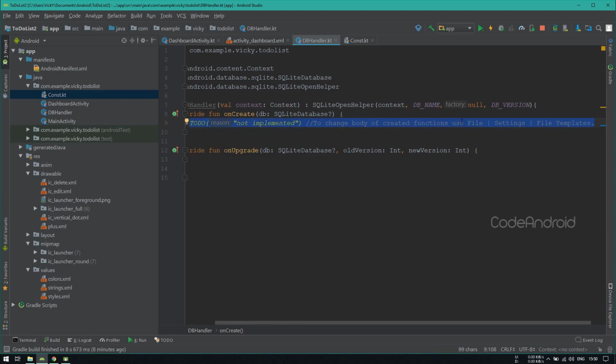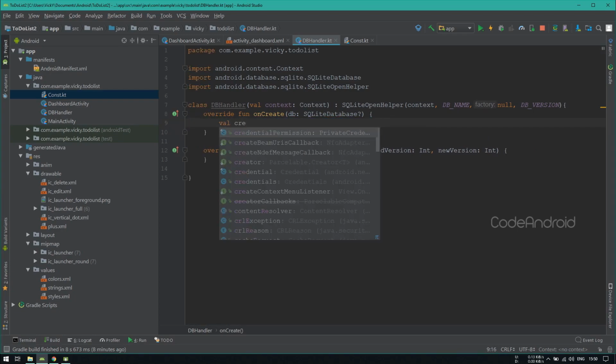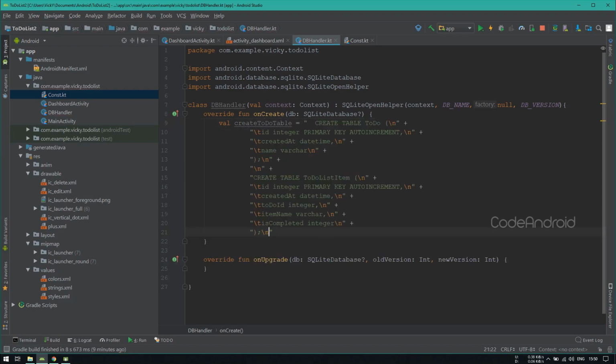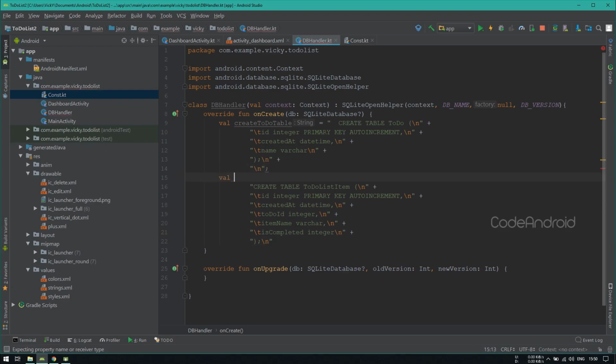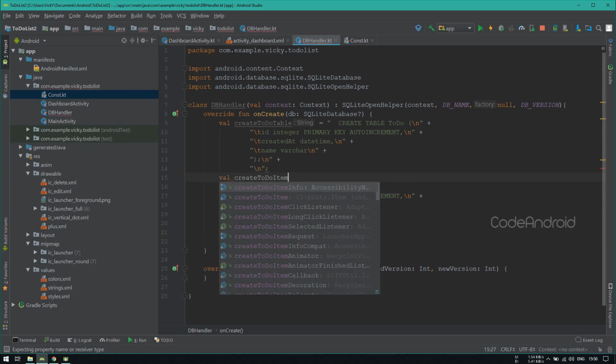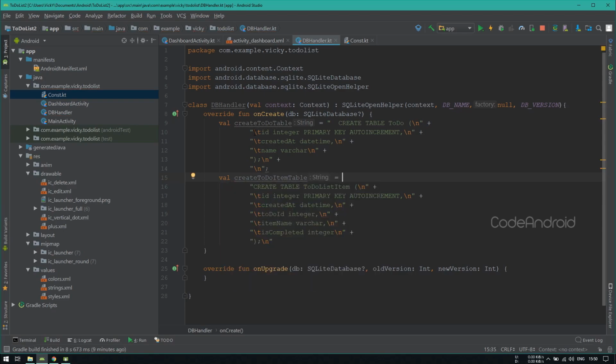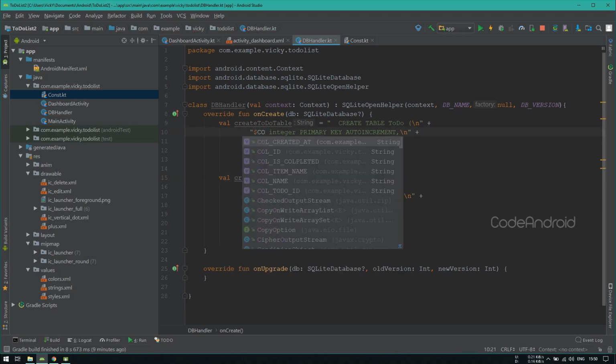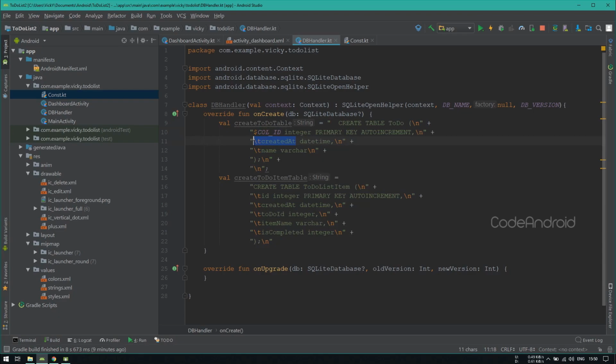Creating a value called createToDoTable to store the to-do table's create query, and creating another variable called createToDoItemTable to store the to-do item table's create query. Instead of using the hard-coded column names, we'll take them from the constant file.